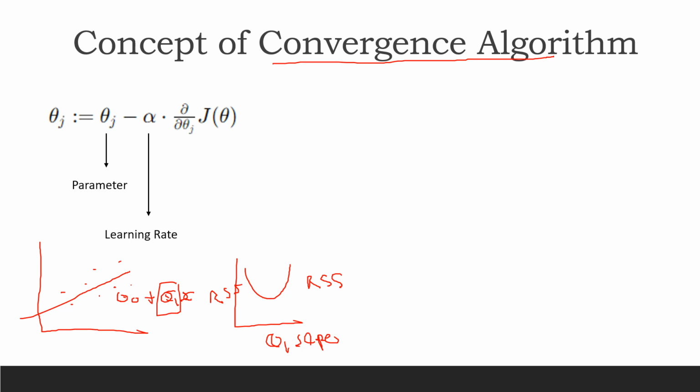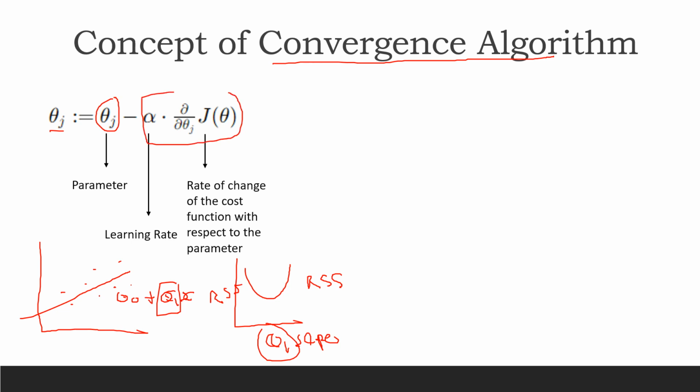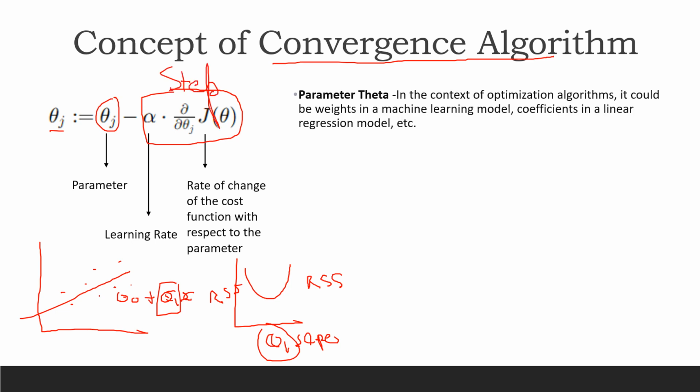We need to find an optimum theta value. We use this convergence algorithm to find the optimum theta value where we will get the best fit line, the best explanation. This is how the convergence algorithm moves. The desired value of theta is reached by using an initial value of theta and subtracting a value which is called the step. This step is defined by using a learning rate which is fixed,